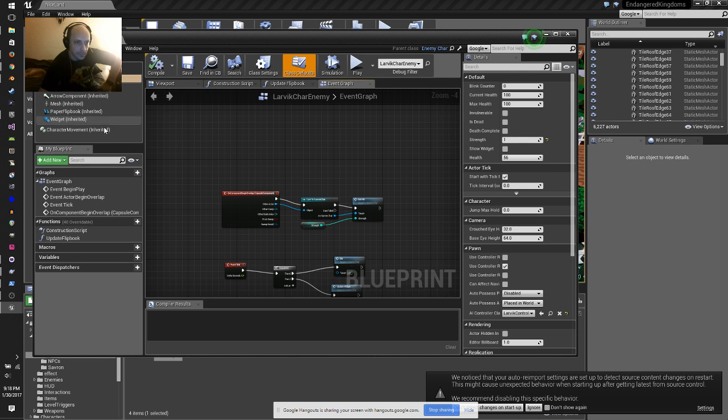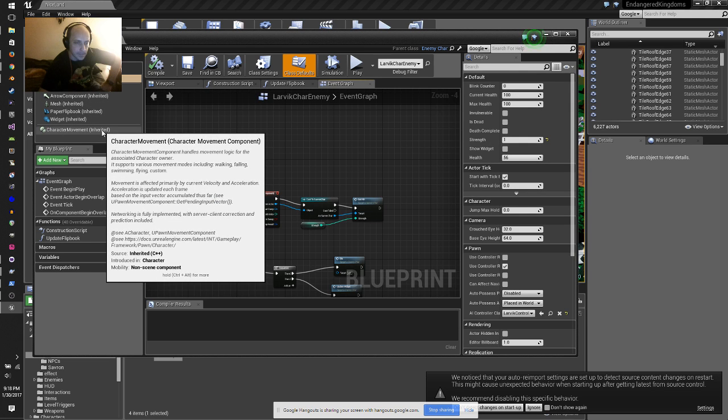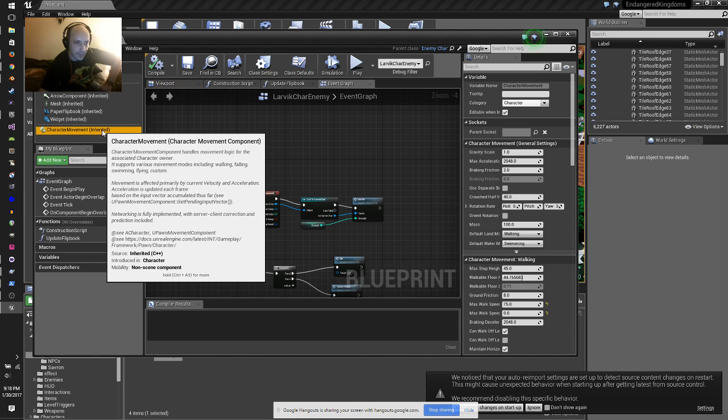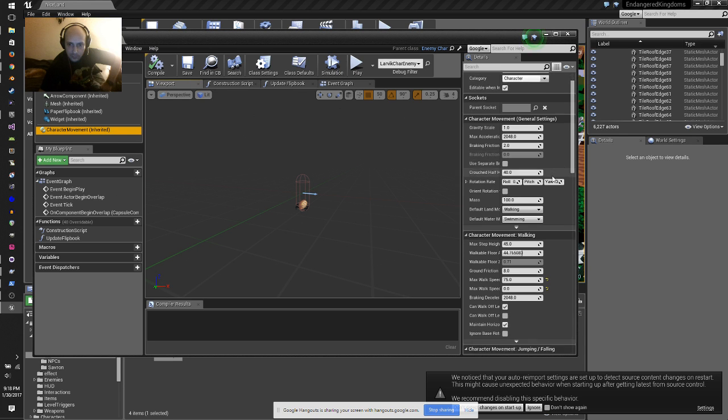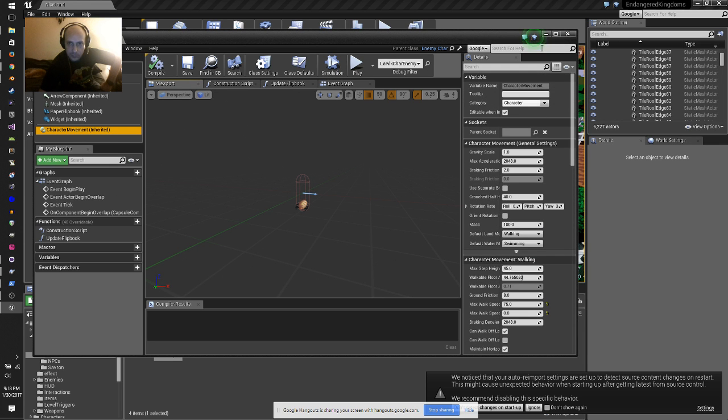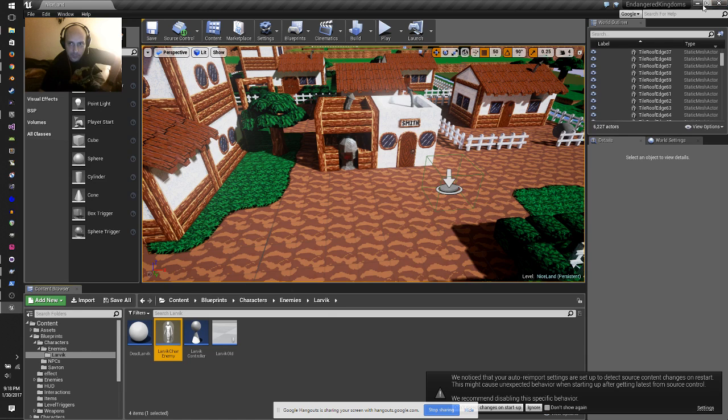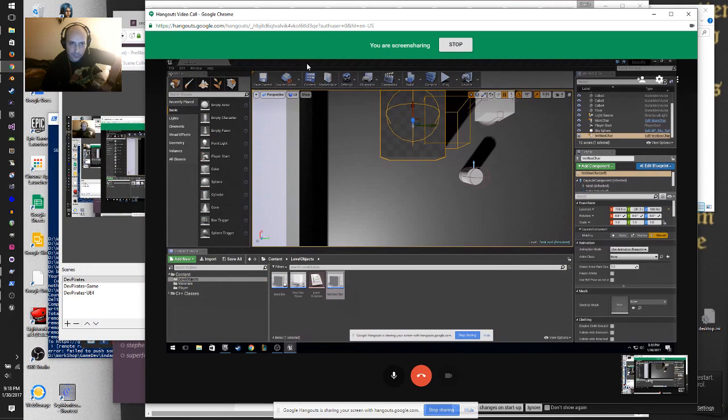Okay, so let's do text box, care, event graph, event tick, move. Oh, here we go.